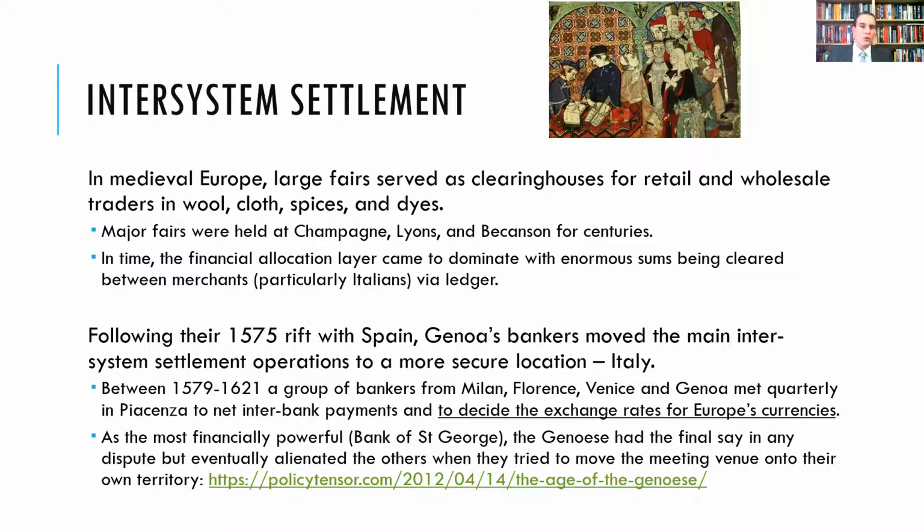Now, the most powerful of these banking groups were the Genoese. They had the final say in any sort of dispute between the other bankers, but ultimately they managed to sow the seeds of their own defeat by trying to move the physical location where this intersystem settlement took place into their own territory. Rather than meeting at what was considered neutral ground between the bankers of Florence, Venice, Genoa,